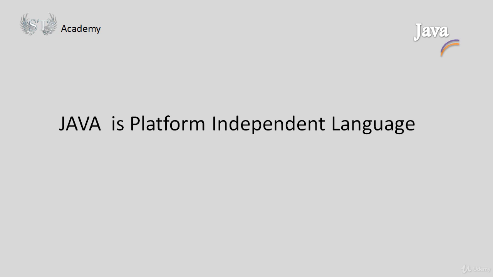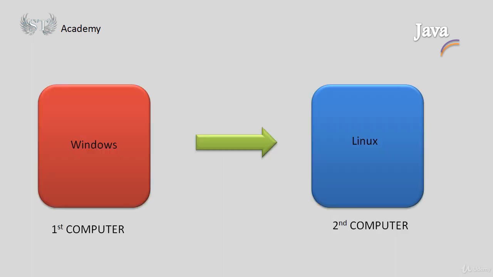First of all, we have to understand what the meaning of platform is. The meaning of platform is the operating system which is present in the computer. A program, or you can say an application or software, which is developed in Java can run on any operating system. It does not depend upon the operating system or the platform of the computer. So let us understand the things more thoroughly. Here is a diagrammatical presentation for the explanation.